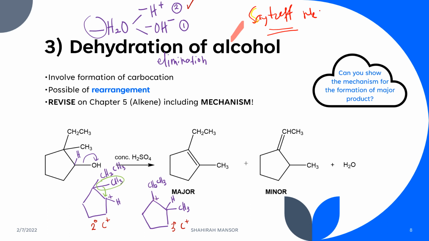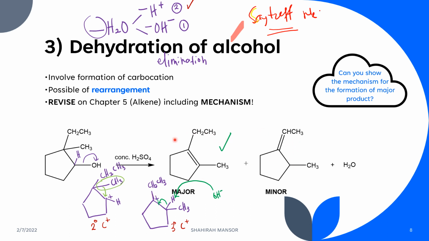Alright, so sekiranya that OH minus yang keluar tadi itu kita gunakan untuk serang this hydrogen, this bonding akan di-share antara dua carbon ini, maka awak akan dapatlah this major product. Okay, dan sekiranya OH serang hydrogen daripada sini dan bonding tersebut di-share di sini, so maka awak akan dapatkan minor